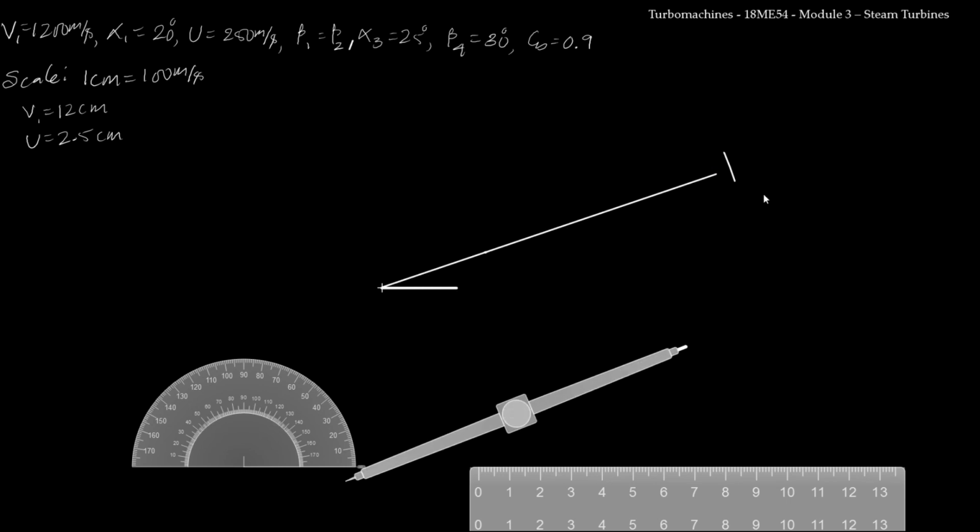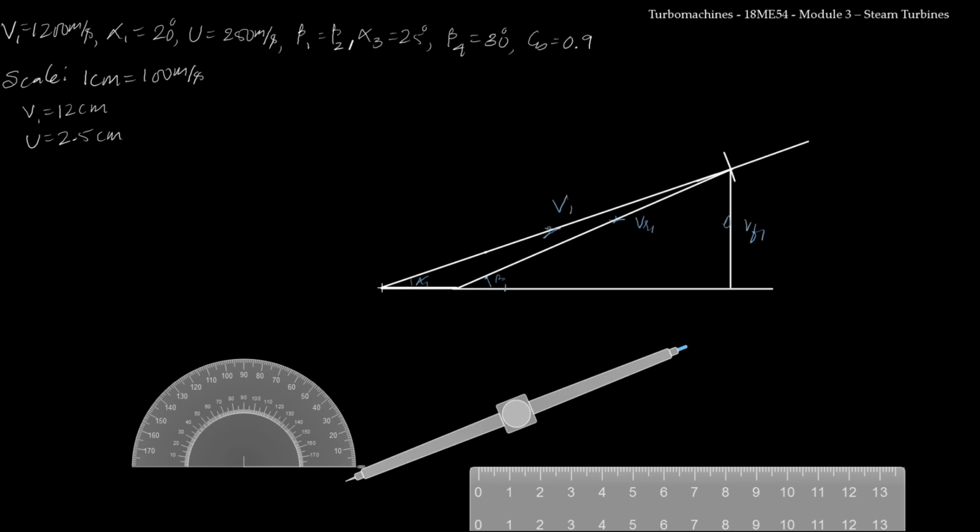Now I need to extend V1 further. From here I'll draw an extension line. Now this is the end of V1. From there I'll draw one more line to U. So this will be my VR1. Now I just need to complete the inlet velocity triangle for the first stage. So I'll draw a vertical line from this point and I'll extend this horizontal line. Now I'll name the